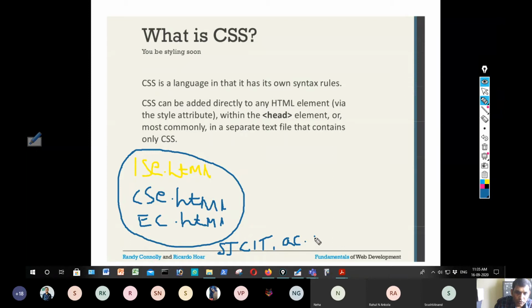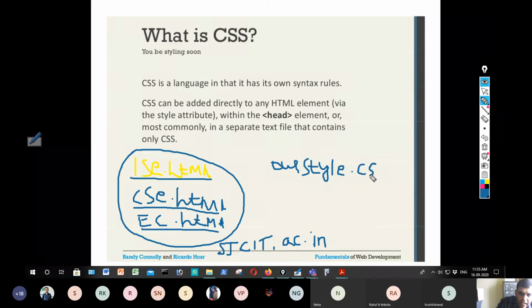So now we have these three documents, and I want to apply style to them. I could individually specify a style within ISC, within CSE and within EC. But the third method of doing it is that I can have a separate CSS file, let us say style.css.